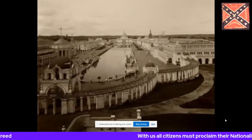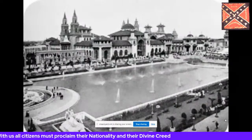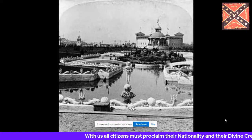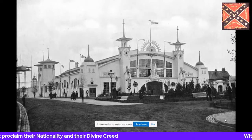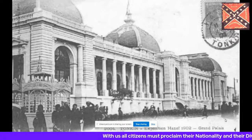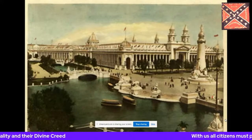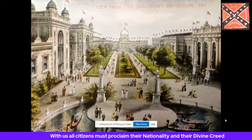the Trans-Mississippi and International Exposition in Omaha, Nebraska in 1898, the Pan American Exposition in Buffalo, New York in 1901, the Glasgow International Exposition in 1901, the South Carolina Interstate and West Indian Exposition in Charleston in 1901 and 1902, the Wolverhampton Exhibition in 1902 in Wolverhampton, England, the Hanoi Exhibition in Vietnam in 1902 and 1903, the Louisiana Purchase Exhibition in St. Louis, Missouri in 1904, the Art Exhibition in Portland, Oregon in 1905,